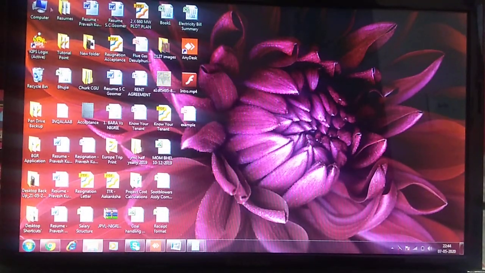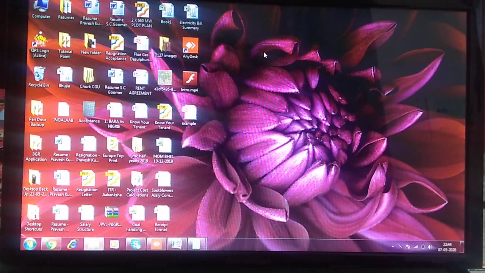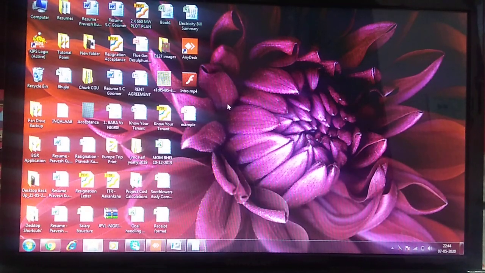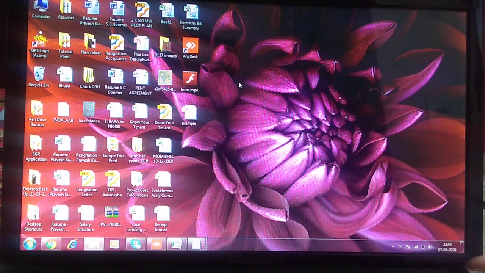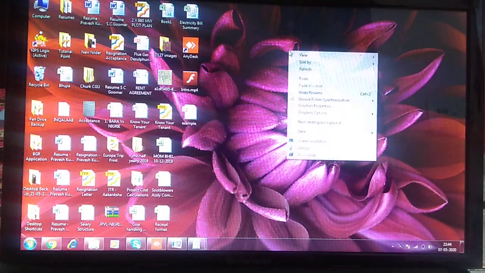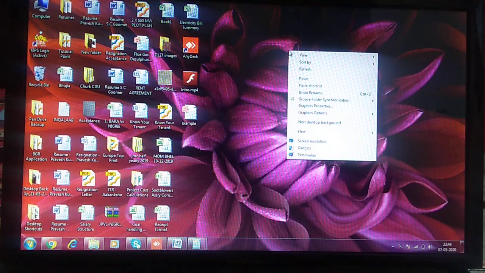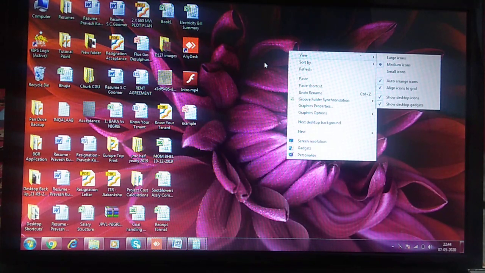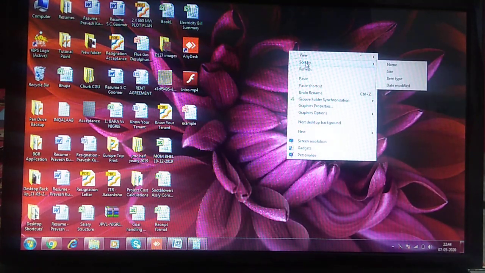Now how can you sort the data? On the desktop I have various icons here, but I want to sort them. What is sorting? Sorting means arranging data or objects in ascending or descending order. Ascending means A to Z and descending means Z to A. If I want to arrange these icons in ascending order, just click on the blank area of the desktop. In this list we have the option Sort by.